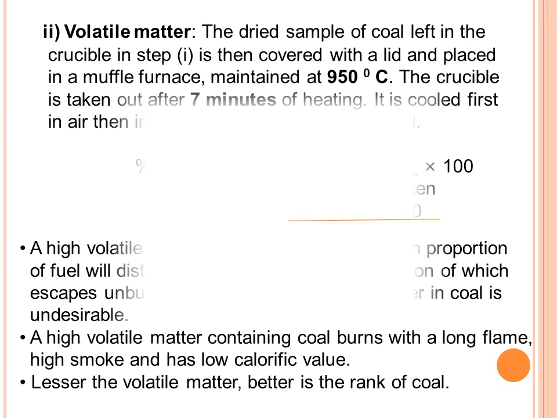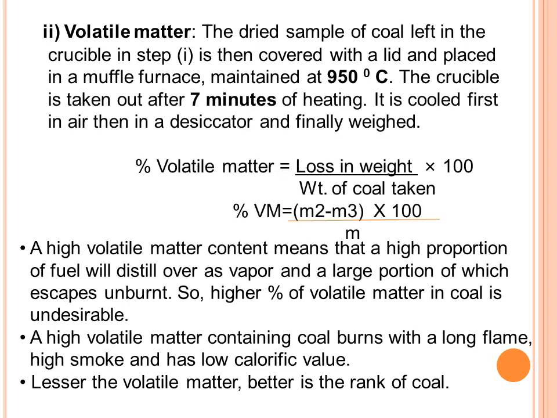So this is the numerical for Boys' gas calorimeter. The data is given. Volume of gas burnt is capital V. Mass of cooling water is capital M. Temperature of inlet water and outlet water are T1 and T2. Mass of steam condensed is small m. And we have to calculate GCV and NCV.